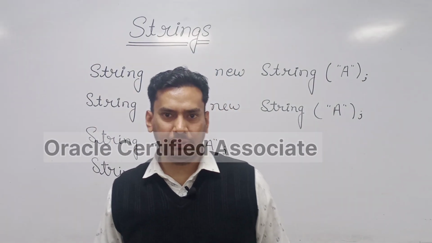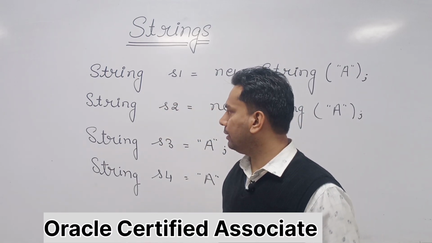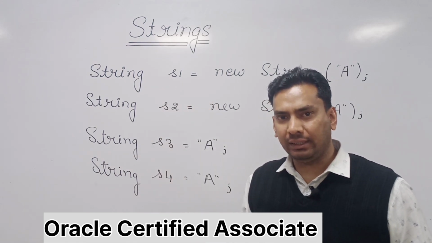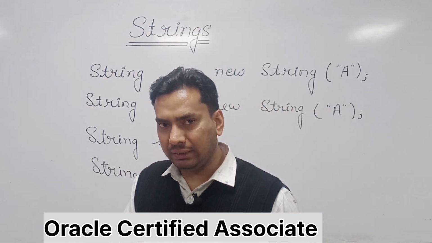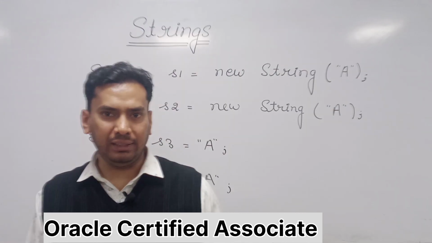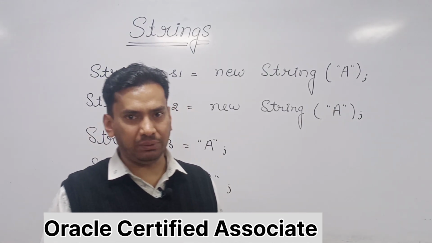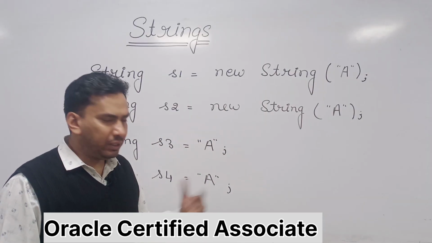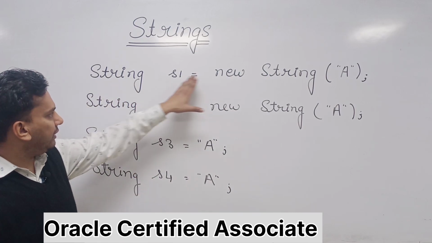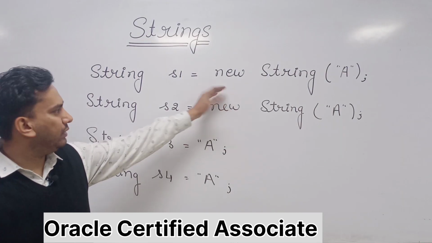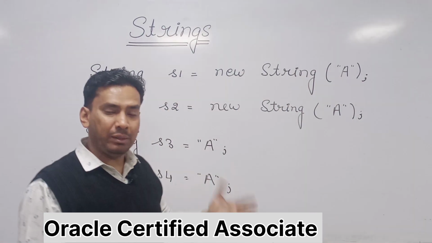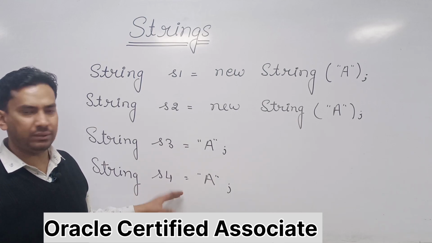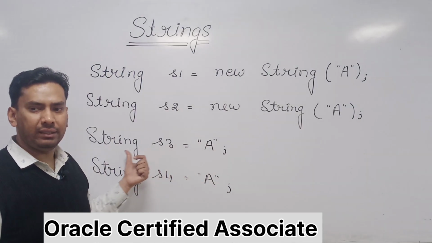Hello everybody, today's video we are going to cover the different ways of creating strings and what the basic difference is between them. This is very important for interviews as well as for placements. In Java we can create a string in this Java convention, which is instantiation of the string class, but Java also allows you to create a string in this manner, similar to C++ where you can use string as a data type.